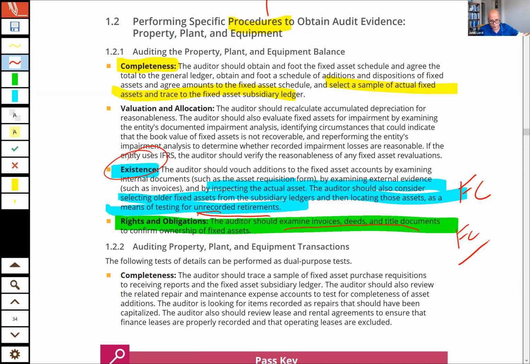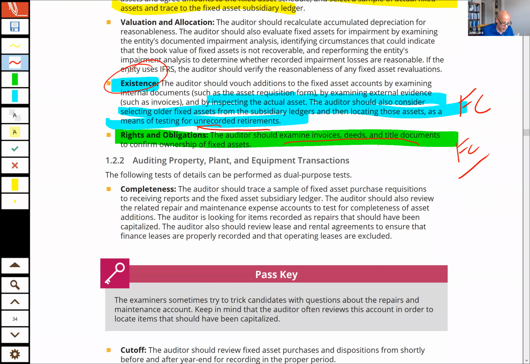So you confirmed its existence, but maybe they don't own it. Maybe they just rented that. So for rights and obligations, you're going to have to do another procedure, which is to look at the invoices, titles, deeds, whatever, to show that they actually have ownership of that asset. Okay, good. Now we come over, and when we talk about our completeness assertion now for transactions,